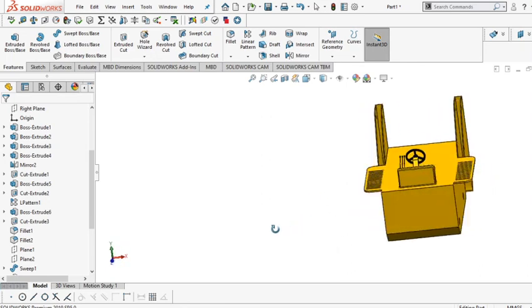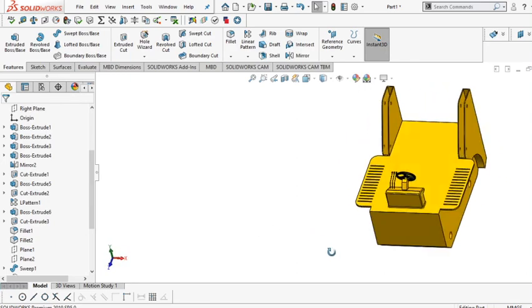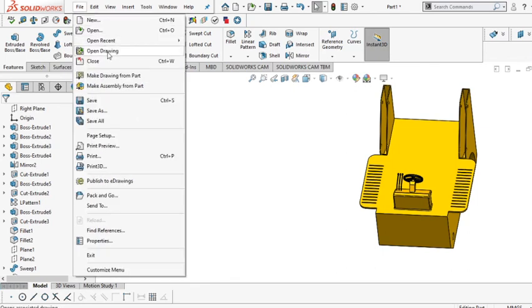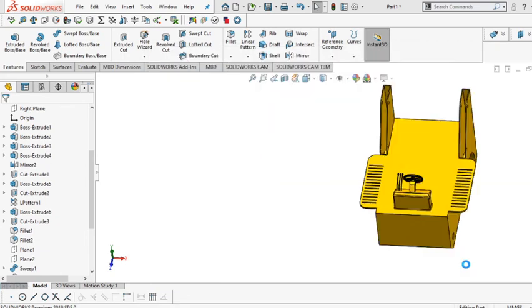And this is the body of the Bobcat loader, and this is pretty cool. This is part 1 of that. Let me save that as part 1. Body Bobcat loader part 1, and save it. This is part 1, guys, and I'm going to upload different parts and sections of this